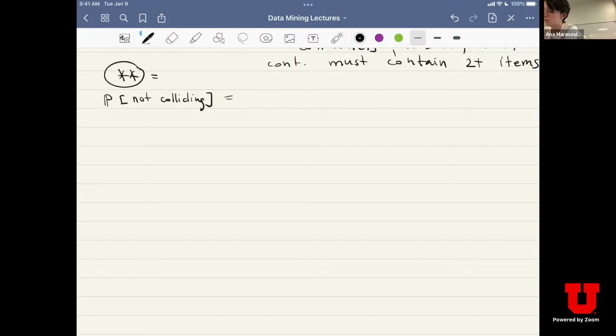Right, so, sorry, just a moment. I made a mistake. So here we'll have actually the probability of colliding. And in this version, we will have again